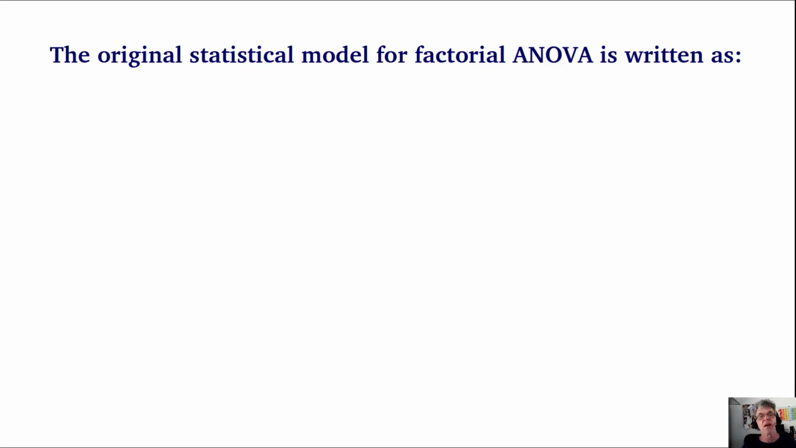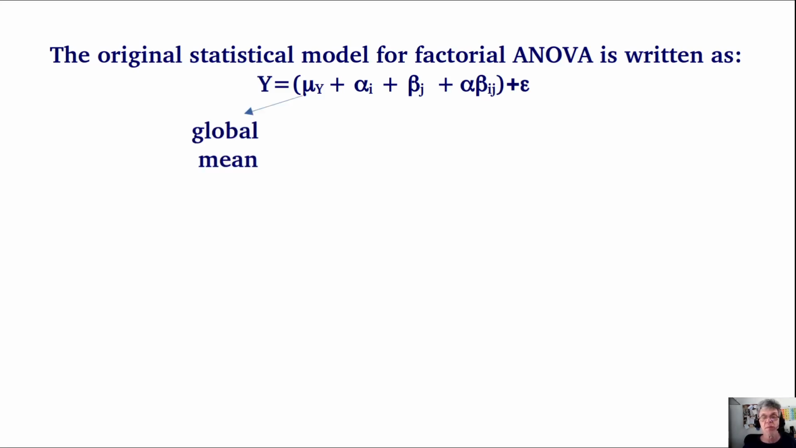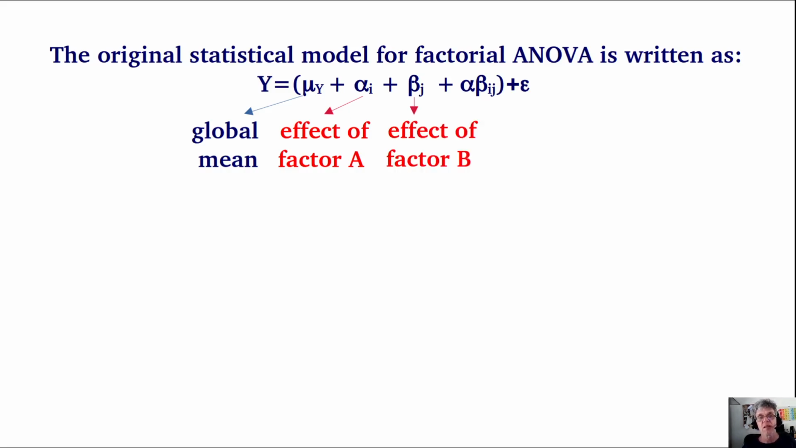So the original statistical model for the factorial model is written as follows. Let's identify the terms in this linear equation. First, we have the global mean. Then we have the single effect of factor A. Let's imagine that there are two factors, A and B. Then we have the single effect of factor B. Then we have the interaction between factors A and B. And then, of course, as usual, epsilon is the error, which by hypothesis has a normal distribution with mean of 0 and variance of